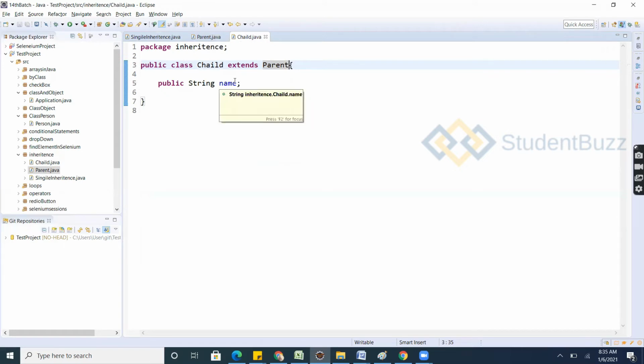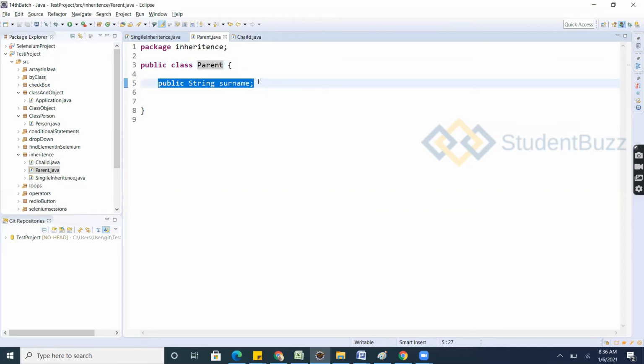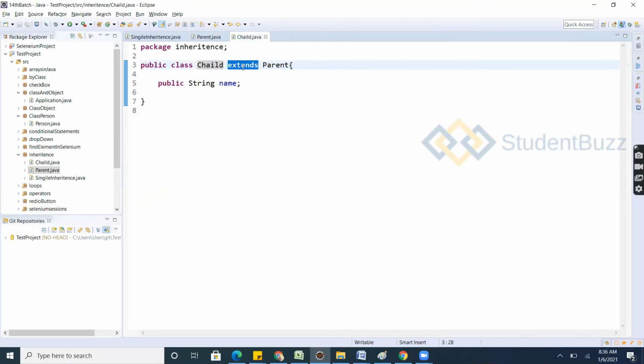If you want to give a relationship from class to class, child is a class, parent is a class. If you want to provide access to the data members or methods of one class to another class, you have to use the extends keyword.